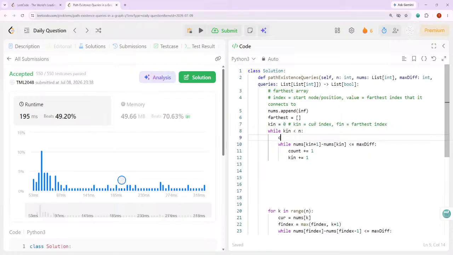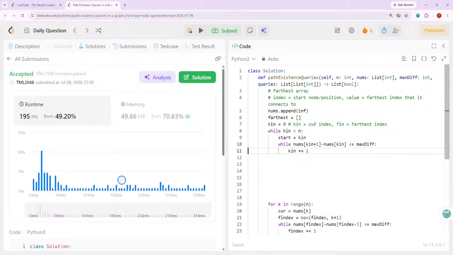Okay, so let's say the start. I'm setting an initial marker for where I start this group of connected nodes. And then once I figure out how long this is before it jumps, then